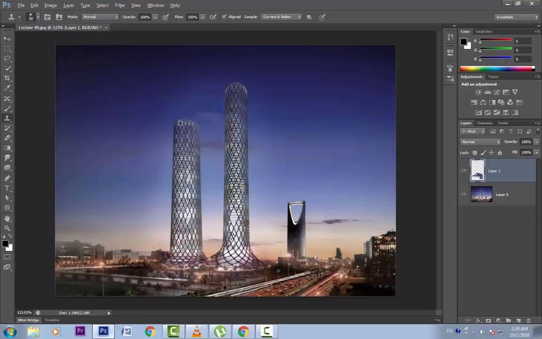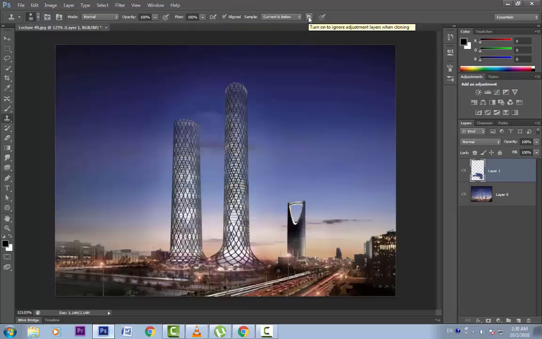Now if I sample this building from here and start painting it here, and if I again paint, it paints the area beside that tower. It means it is using the same offset as this. I'll hit Ctrl Z. Now if I turn it on and again sample this tower and start painting and paint again, you can see it will paint the same area as we sampled. It will not paint the offset. I'll hit Ctrl Z once again. I'll click the aligned on.